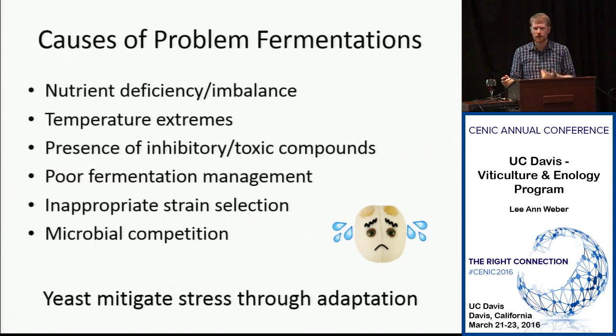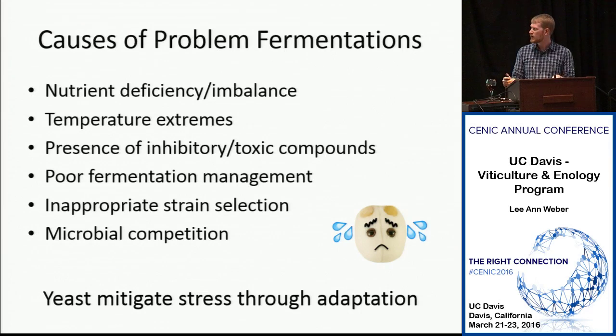Presence of inhibitory or toxic compounds, so sometimes bacteria can produce enough acetic acid or lactic acid to actually inhibit the yeast. Poor fermentation management is a big one. This again goes a combo of all the things we were just talking about. If you have a huge tank and you're not mixing it enough, you can get those temperature gradients that can kill yeast. Not checking the nutrients in your wine and adding the appropriate nutrients before you dump the yeast can